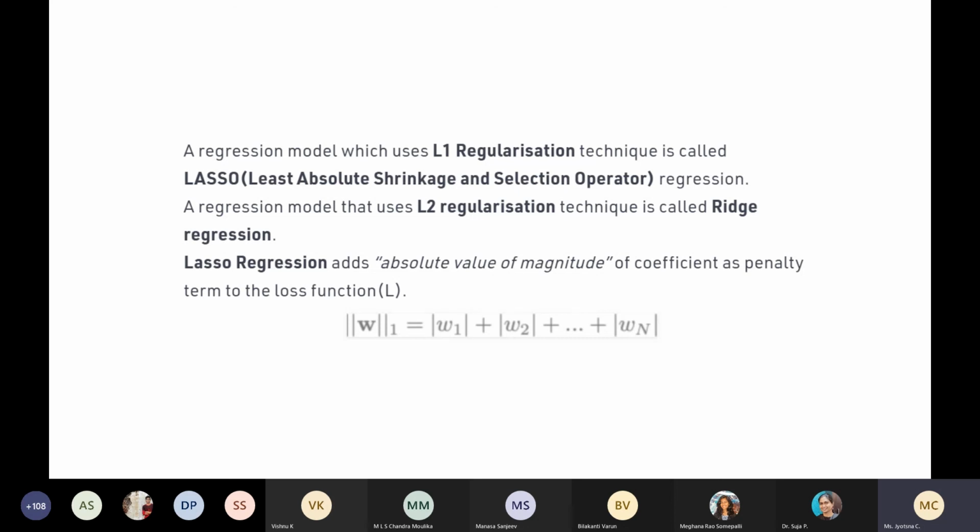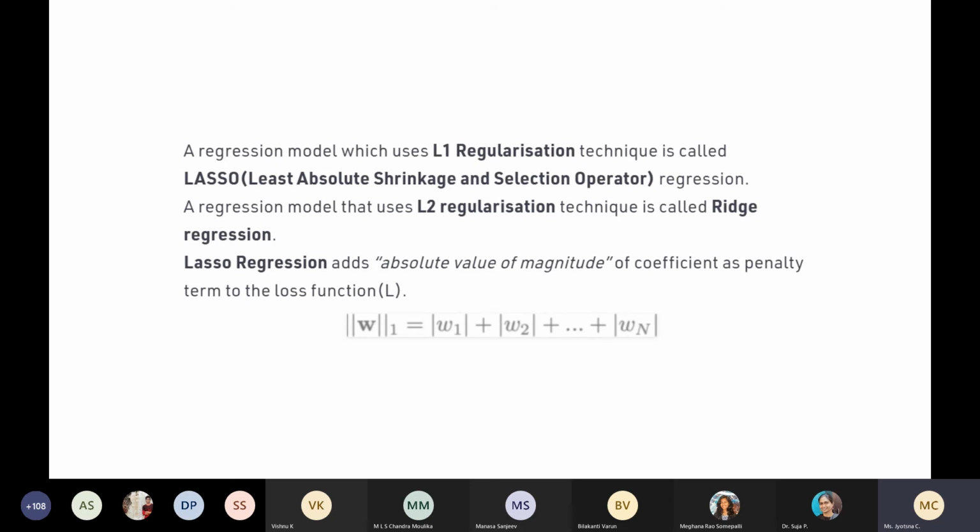So in that case, what we need is regularization. It tries to give a penalty, so it avoids overfitting by giving a penalty. How is the penalty given? Whatever loss function you are using, plus a penalty term is introduced. How is that penalty term decided? We have two types of regularization, L1 and L2. In L1 regularization, the penalty term is the sum of all the weights. In L2 regularization, it is the square root of the sum of squares. That is the difference, and it is multiplied with a lambda.